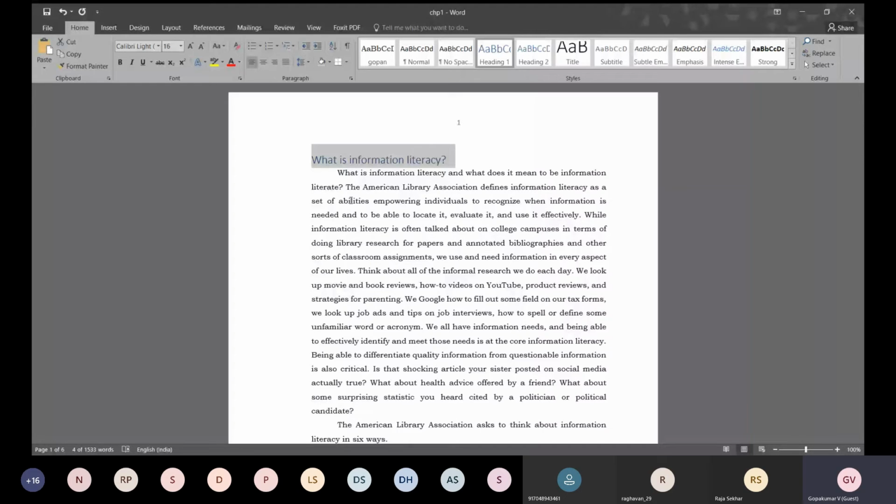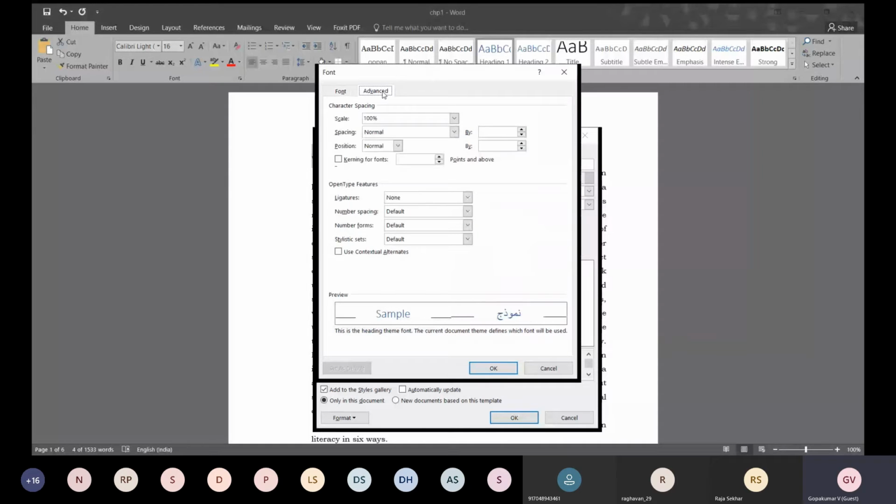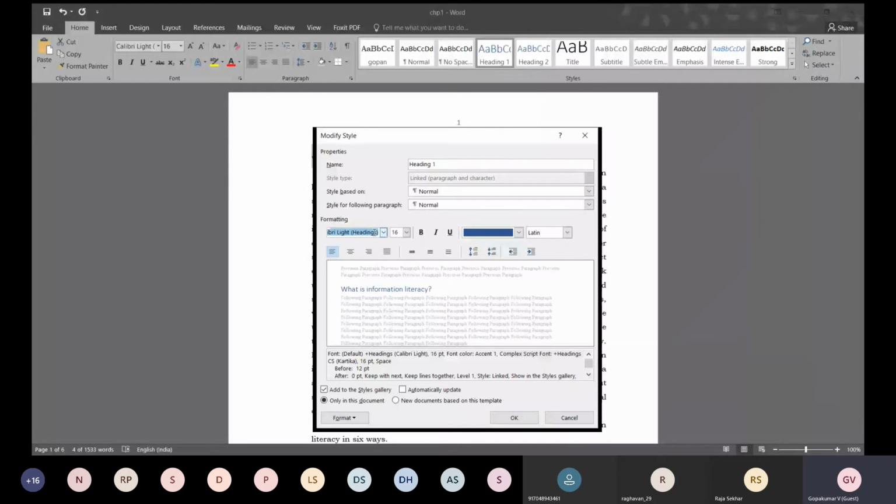So now also it is not correct. So how will you do it? Right click here, modify, and then say that my font is Times New Roman. You click here and change it to Times New Roman.